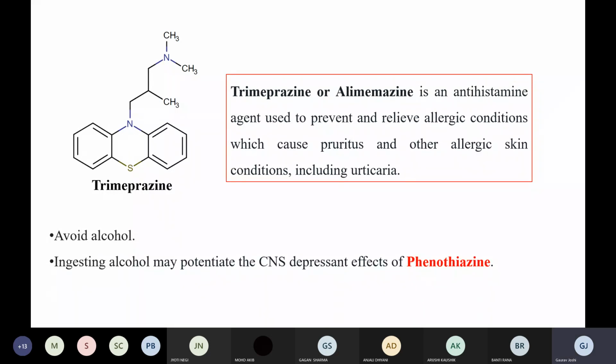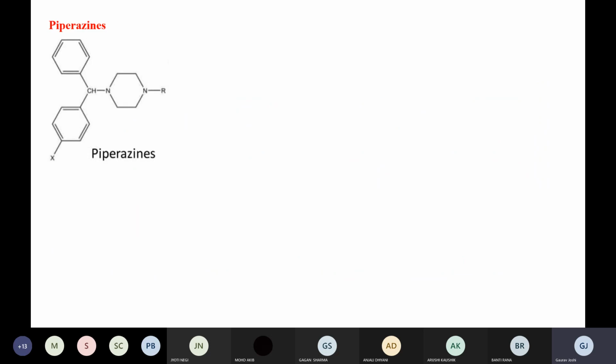Now the important thing, for example, when we are dealing with the phenothiazines, I am saying the phenothiazines affect the CNS, all the molecules, right? So we have to avoid these types of molecules with alcohol or other sedating agents. If we use it with other sedating agents, there will be a high sedative activity, which can cause drowsiness, or even, when the doses are too high, it can cause coma. So we have to avoid this with alcohol or other sedative agents.